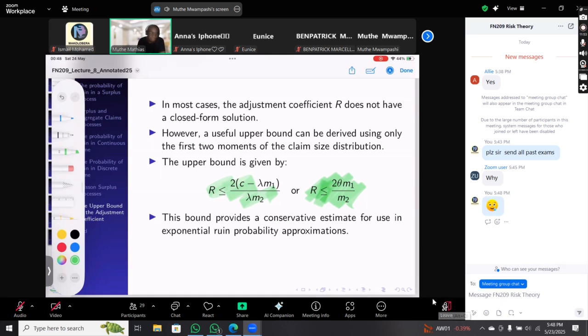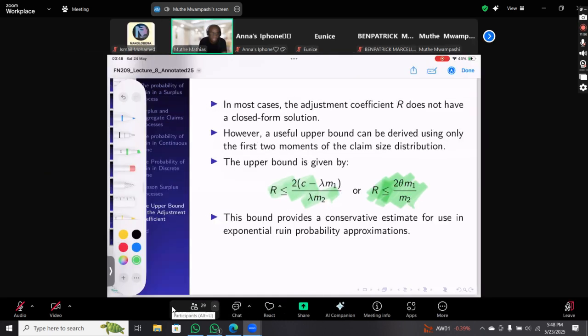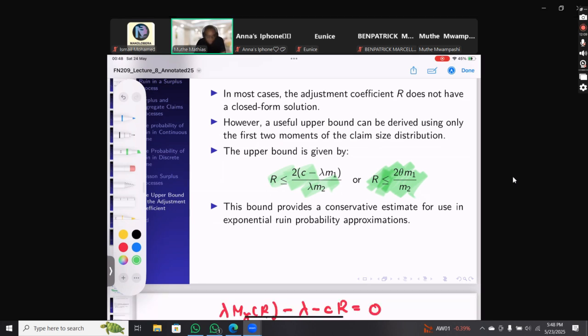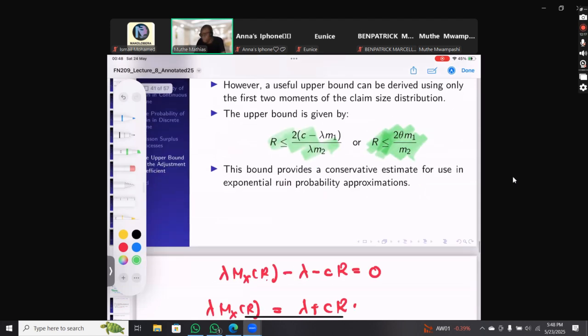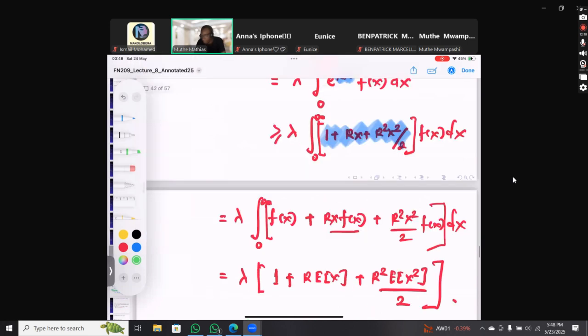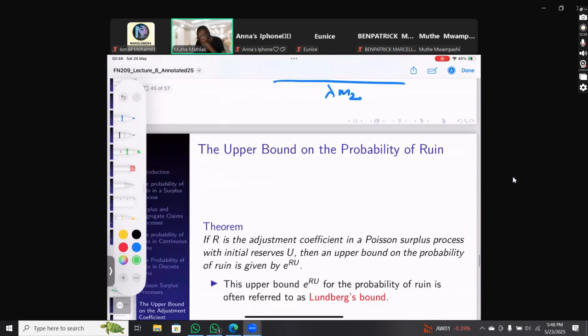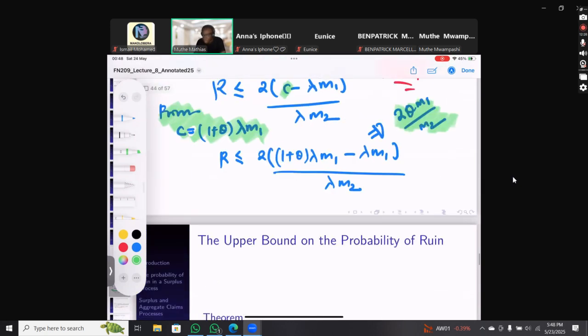But the final exam, I think, is university police, right? I mean, it is not me. Yeah, ndo maana hamtoki na final exam, sio? Zamani tulikuwa tunatoka na final exam, nowadays we don't. Kwa nowadays ni ubaya. Yes, yeah, kwa mtu kasema kwamba definition ya kula kwa jasho. Yes, yeah. Nowadays ni ubaya tu, sio? Yeah, but that is not me. I mean, it's university police. Yeah. So this was, I think, straightforward.